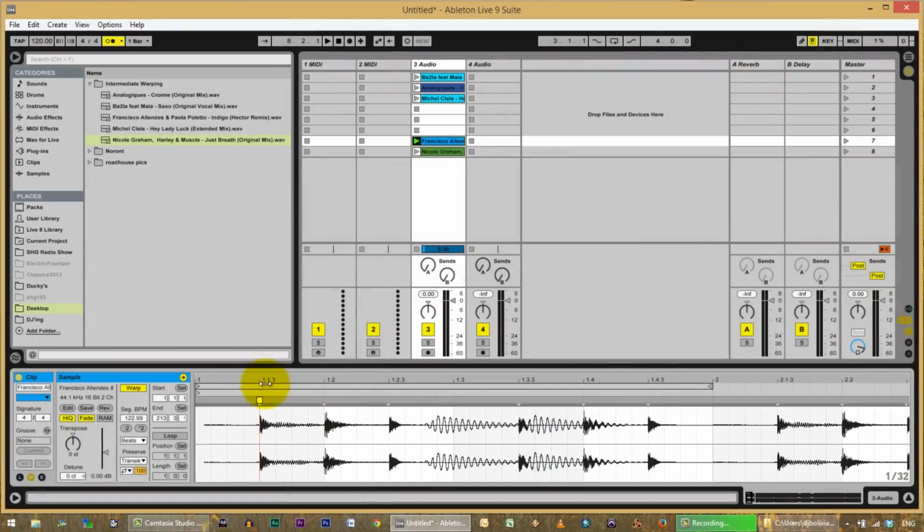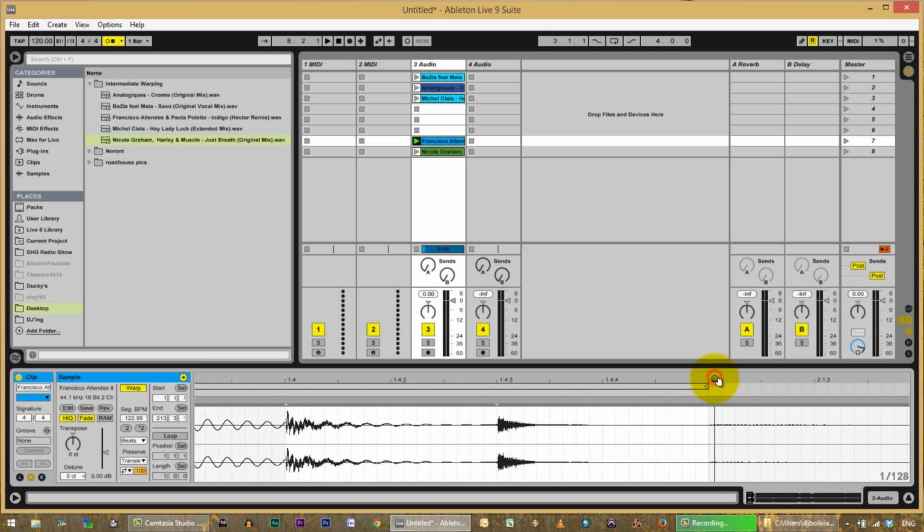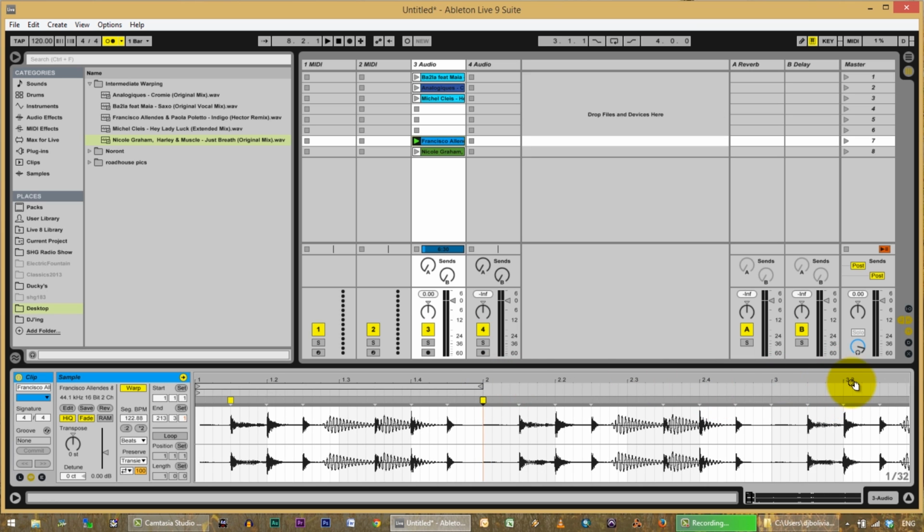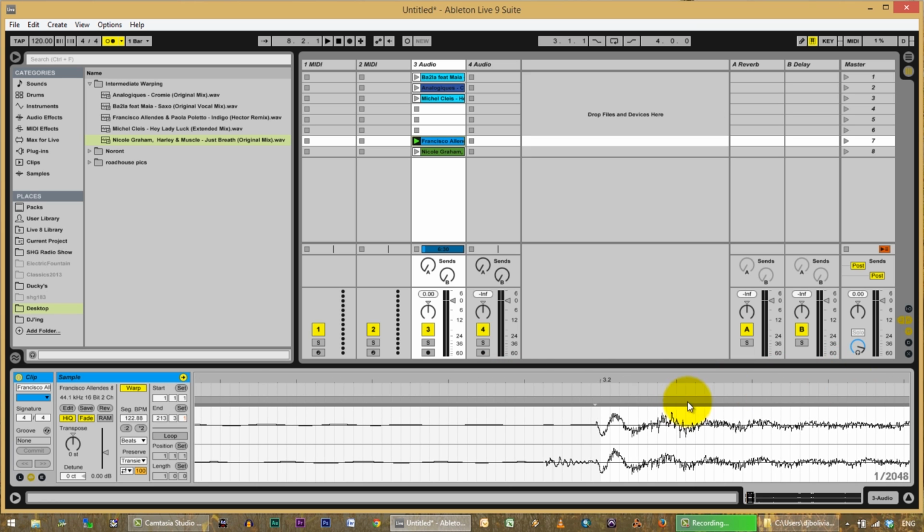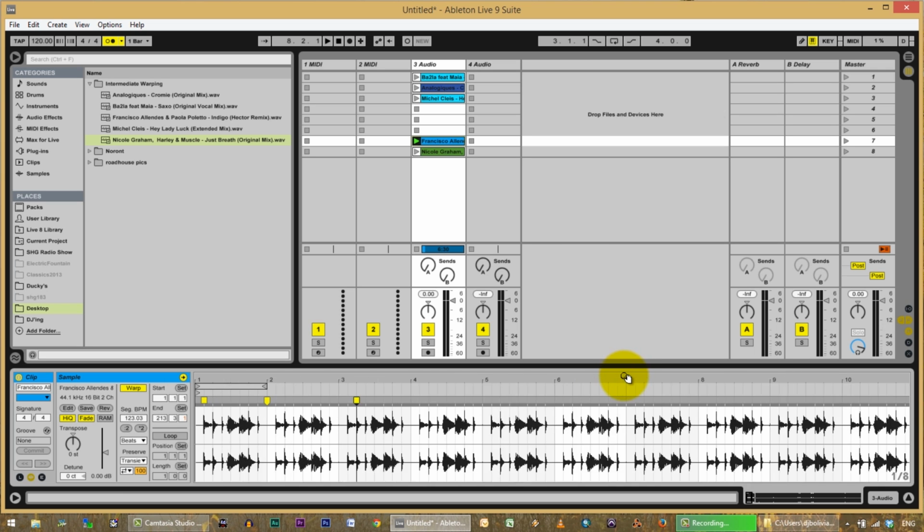Obviously, it's very convenient to leave them at the beginning of a bar, and that works best mentally, and it works properly in 99% of electronic music, but you can see here I've got this one, the warping is working, and that's not at the beginning of a bar. Now I might think that should be like that. I might want to zoom into a couple others and move them around a little bit, but that doesn't matter.